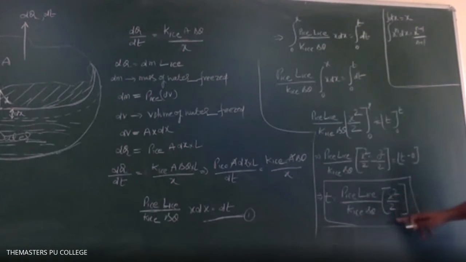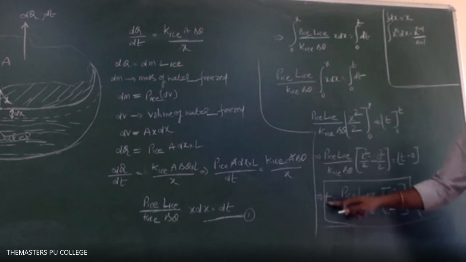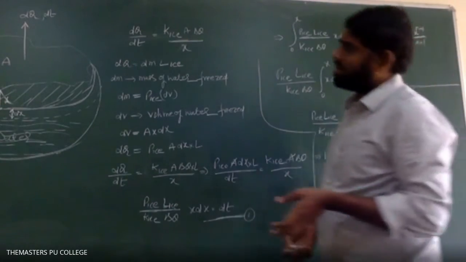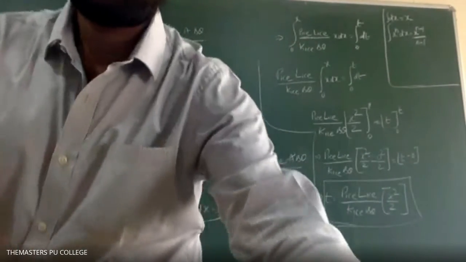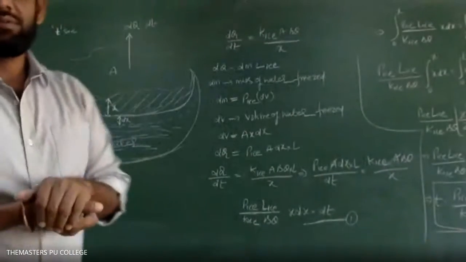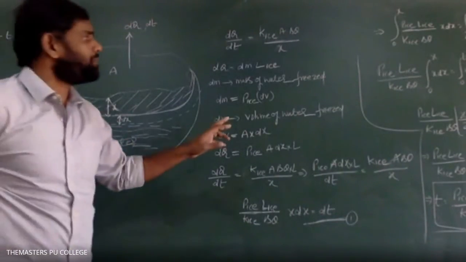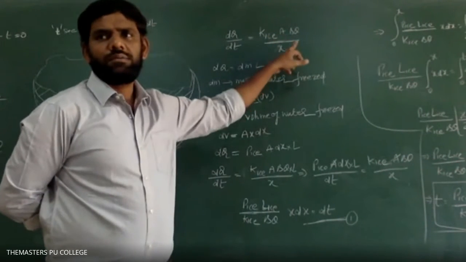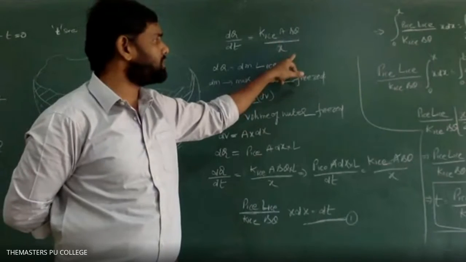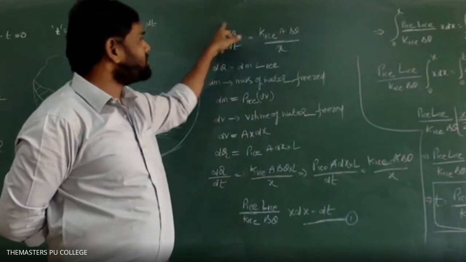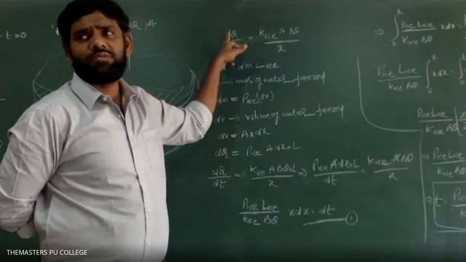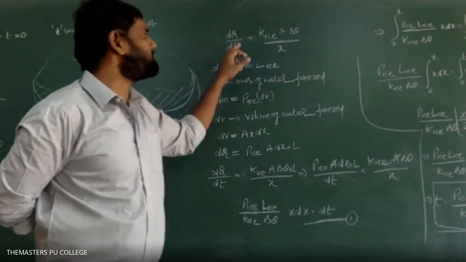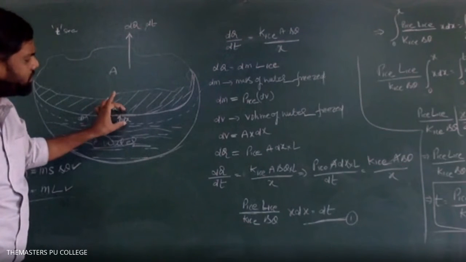It is nothing but the thickness of the ice layer formed in t seconds. So this is about the time taken here. Students, why may we have a doubt about why we used integration? Observe clearly: as time passes, x value is increasing. The thickness of the ice layer increases. When x increases, dq by dt, the rate of heat flow, will decrease. Rate decreasing means the ice layer thickness will grow very slowly.